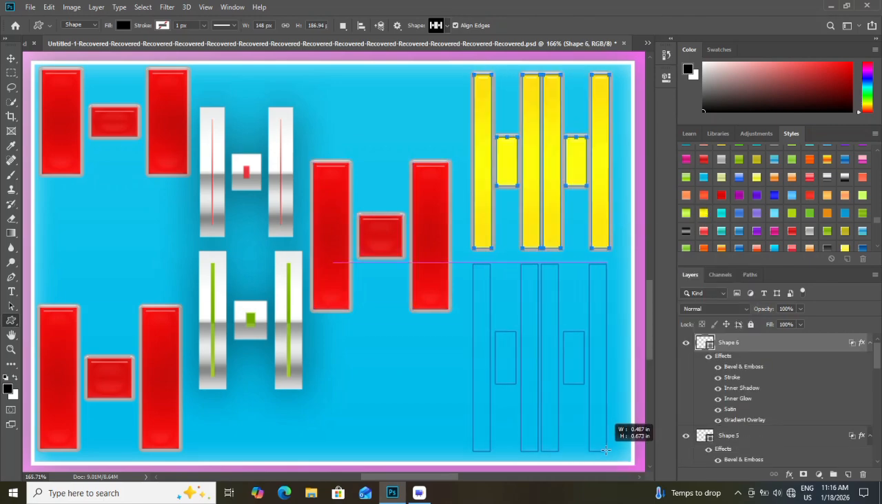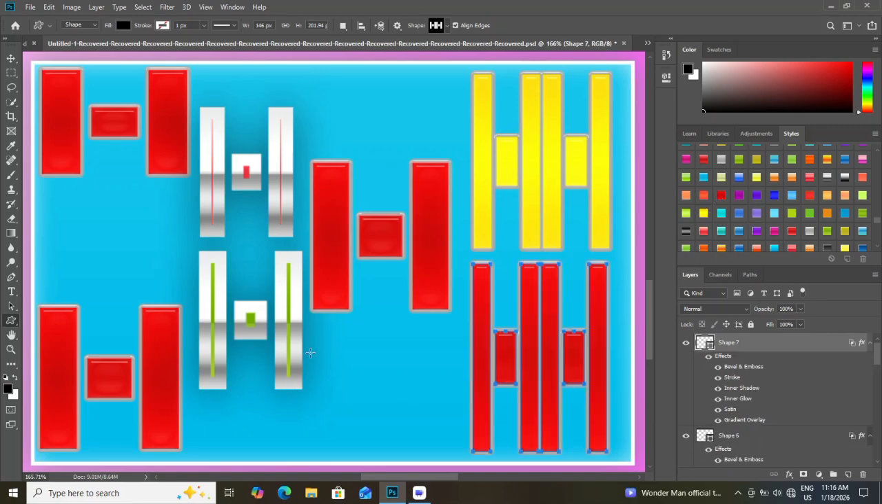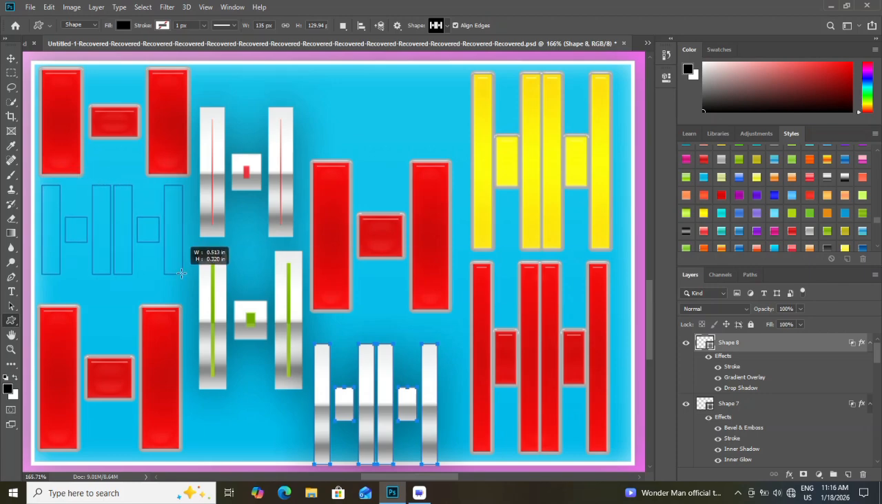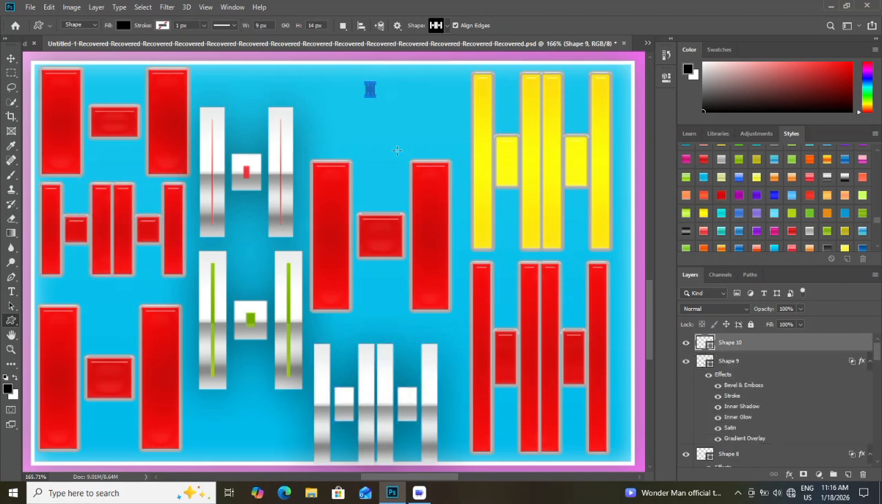I pause and compare before and after. The infographic now feels sharper and easier to understand. I zoom out and feel the flow of information improve. Smart Sharpen here helps the